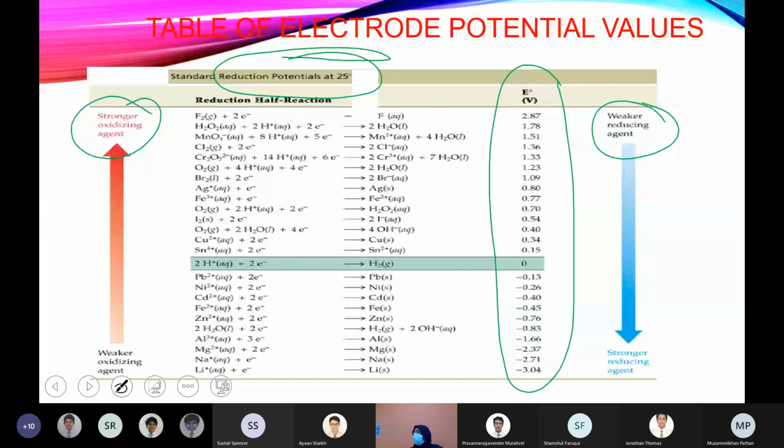But we know that there are certain metals which do not undergo reduction. They always undergo oxidation. That is why lithium has negative 3.04. That is the highest negative value of reduction. That means they have the least tendency to undergo reduction, or indirectly you can say they have a high tendency to undergo oxidation. So here, to make the comparison uniform, all the half cells are written as reduction and their reduction potentials are compared.